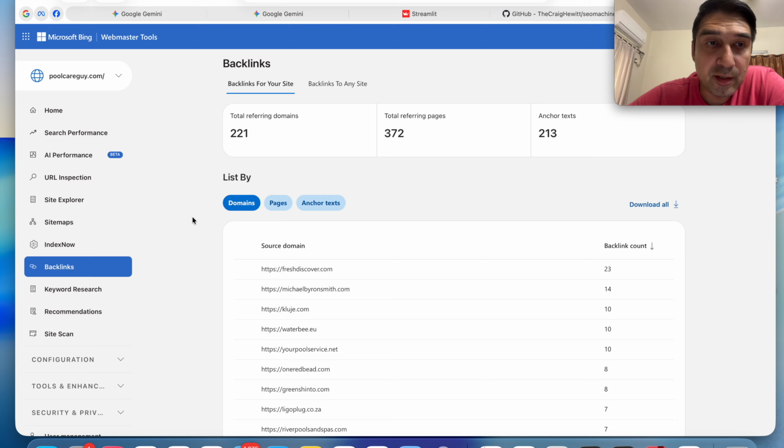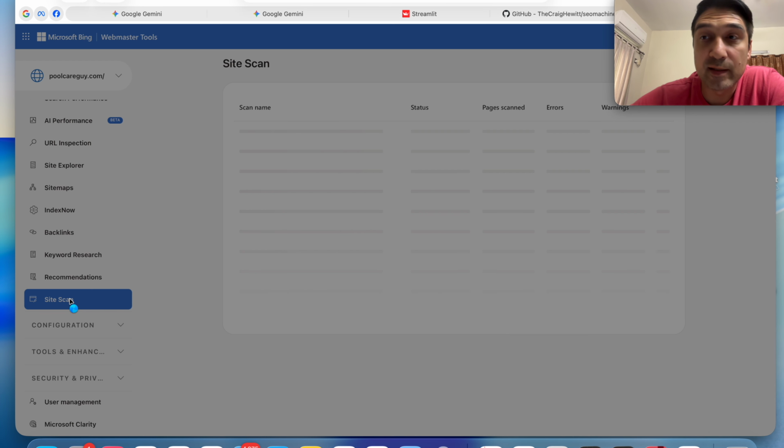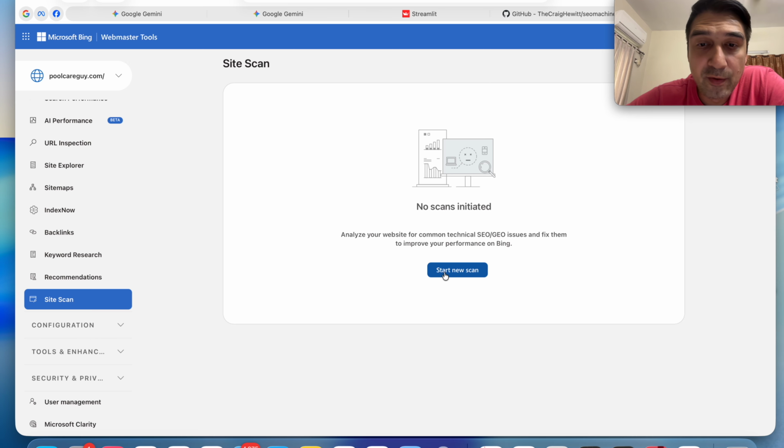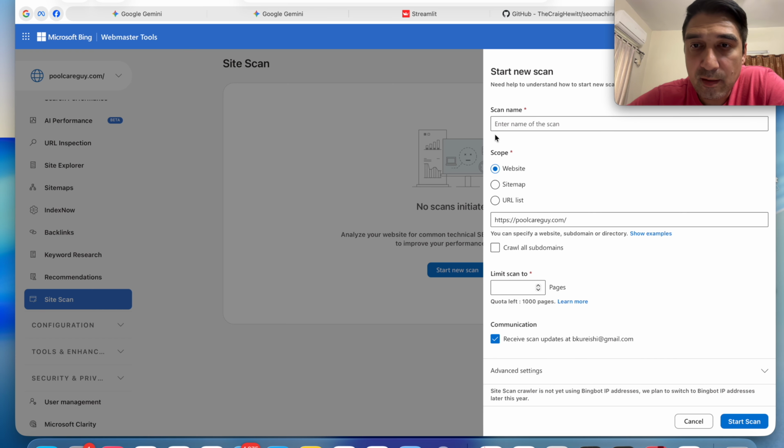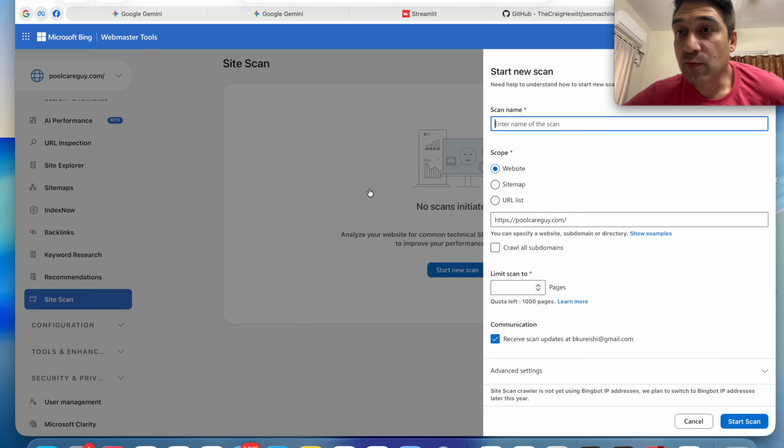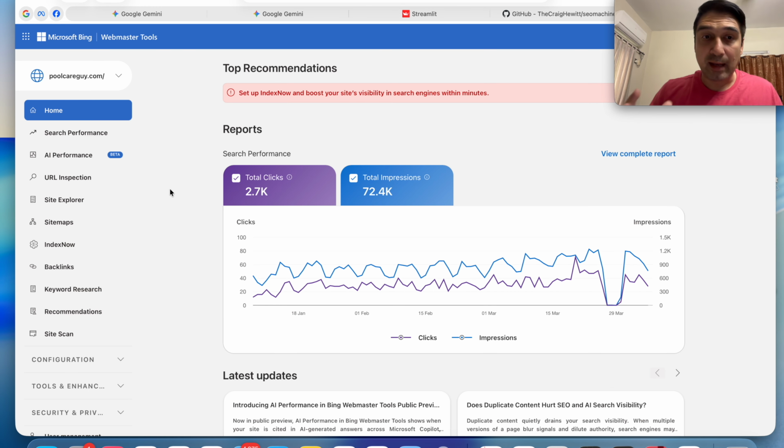Final recommendation here. Now there's a lot to go into, but the final recommendation here is to run a site scan. And if you do a new scan over here, just put in the URL. This will scan your site and find issues that you might not be aware of, but it does what a paid tool would otherwise be doing on your website. And so, as you can see, it's a quick and easy way to determine how well